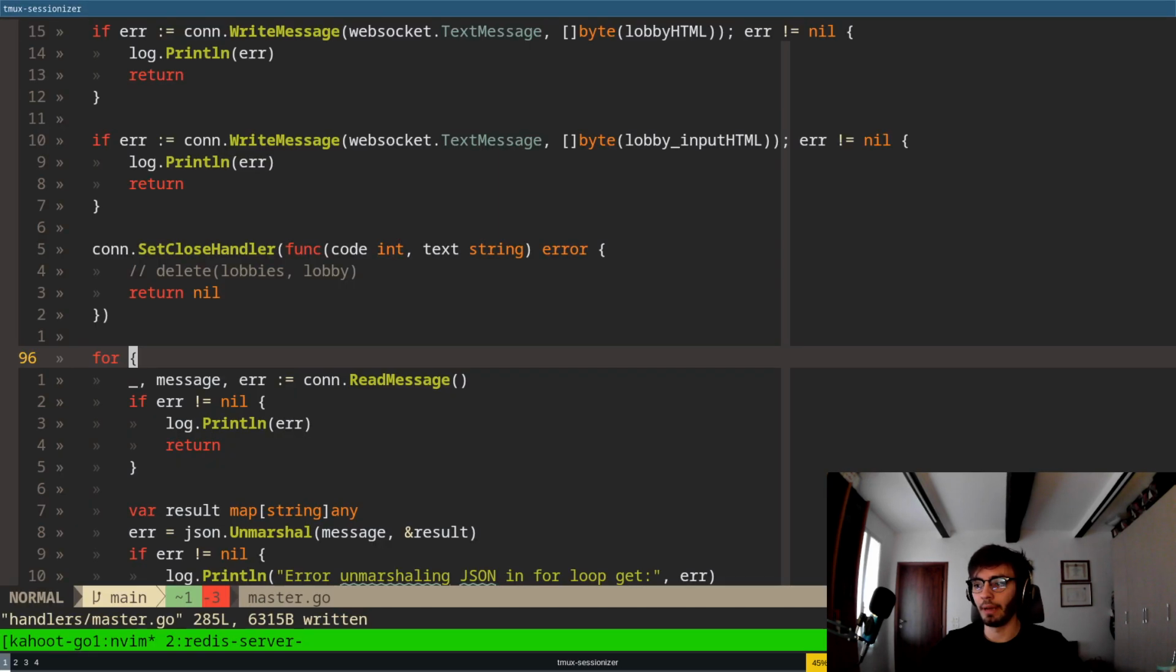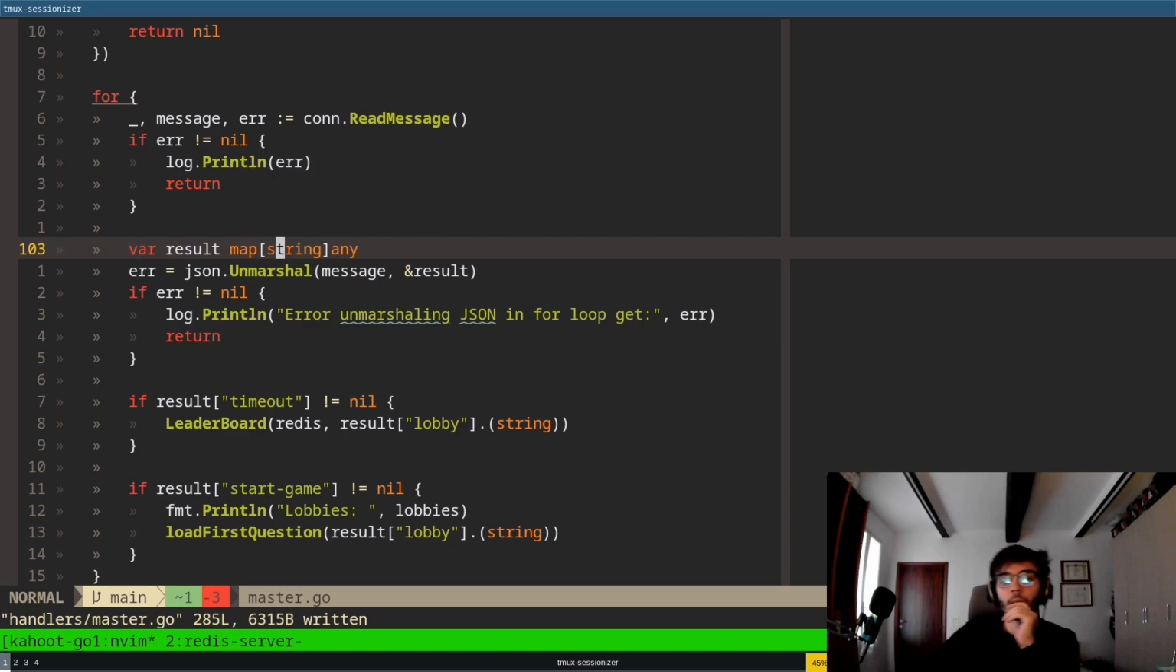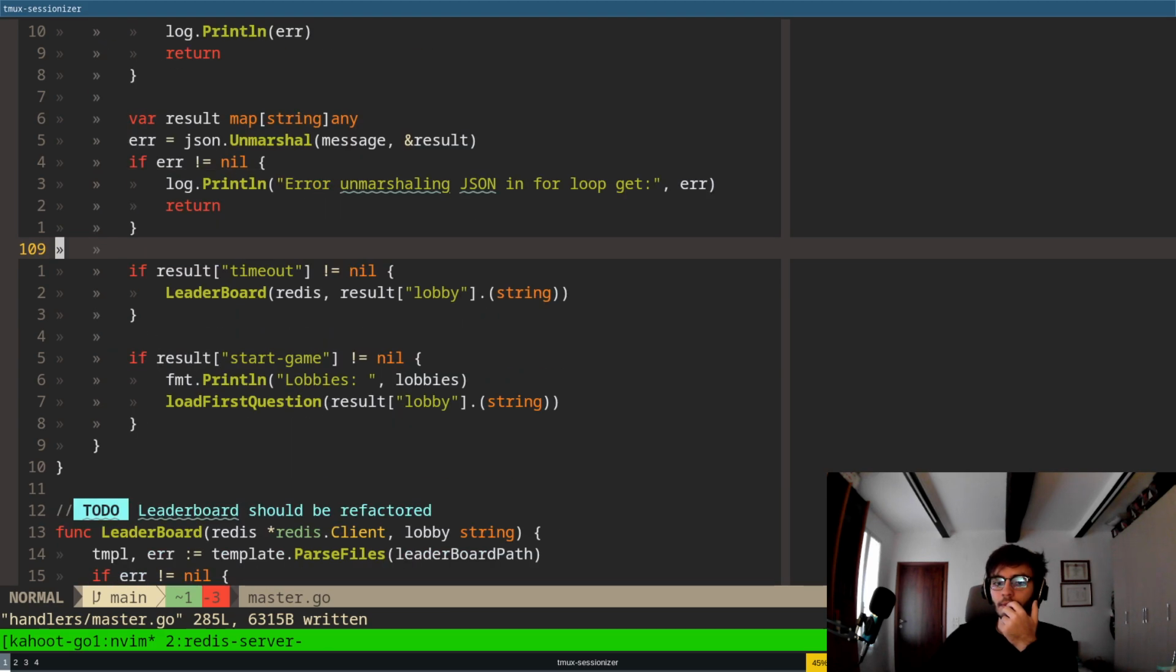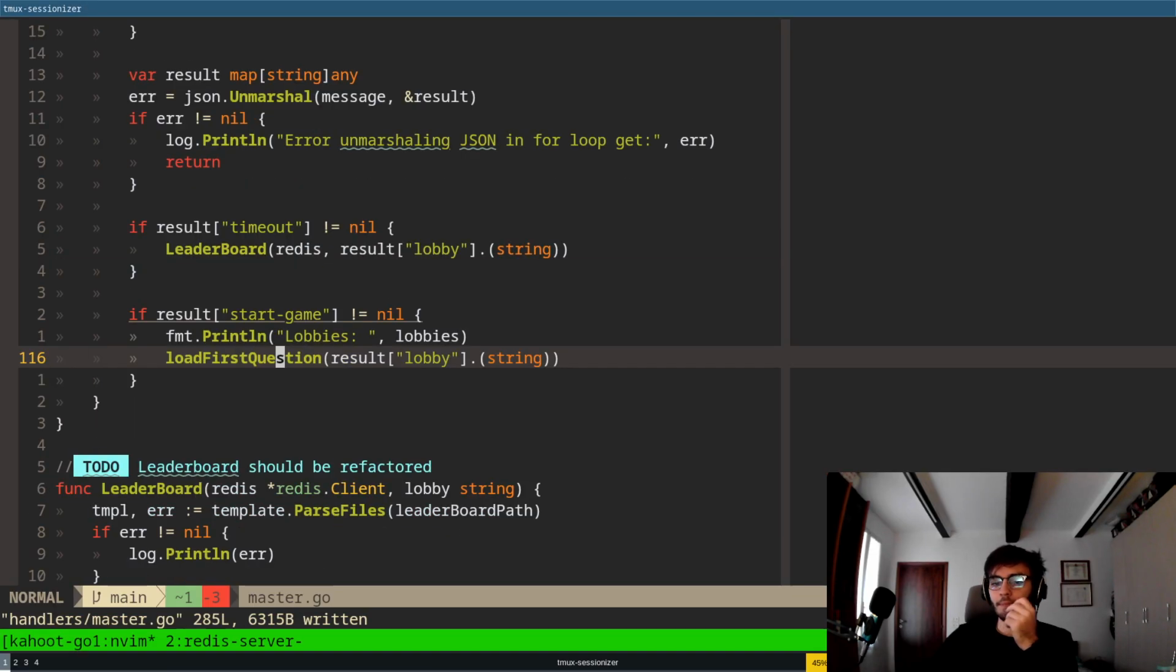So I may also have to decide how long they live. I guess a lobby should be deleted the moment you get to the ending page. So when it's the last question, I should delete it. But in this case, we can still reset, not a big deal. So there it is. When we start the game,